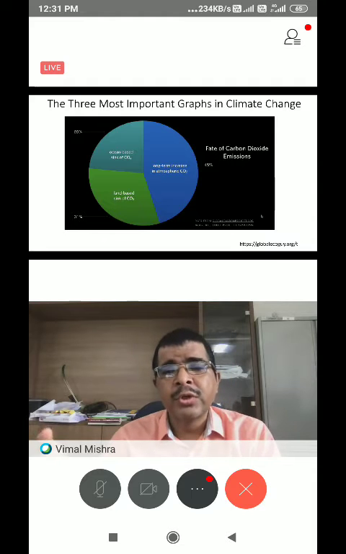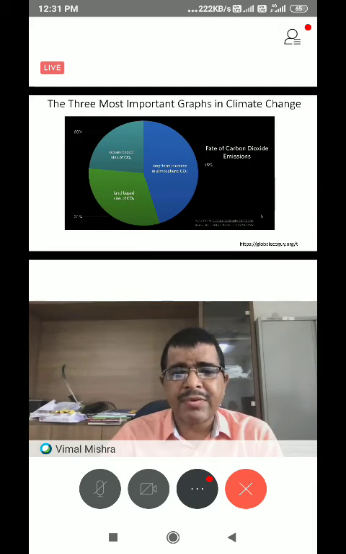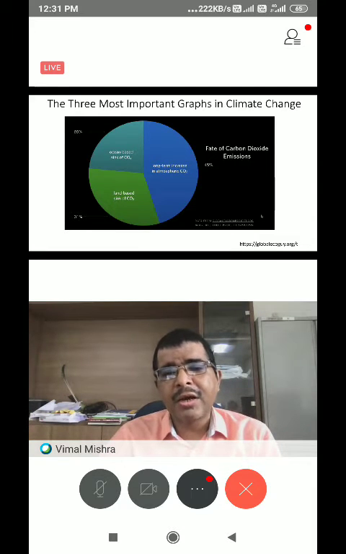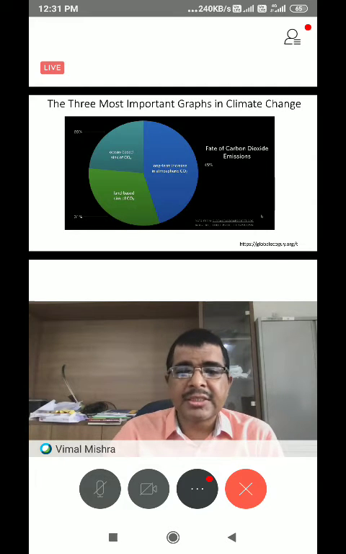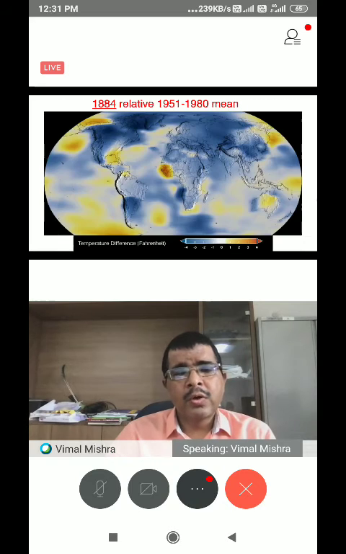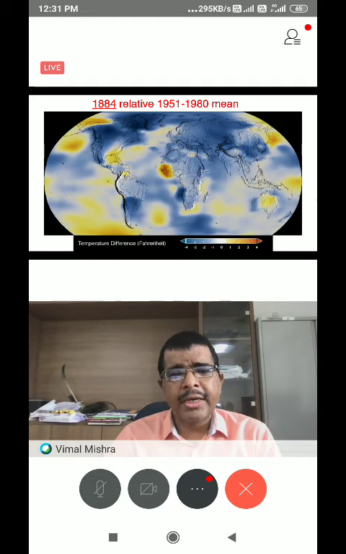So what we have to basically learn from this figure is that whatever greenhouse gases are emitted, 45% remain in the atmosphere, and these are the major causes of why we are witnessing the rise in temperature and the problem of climate change. So this is basically a figure to give you an idea